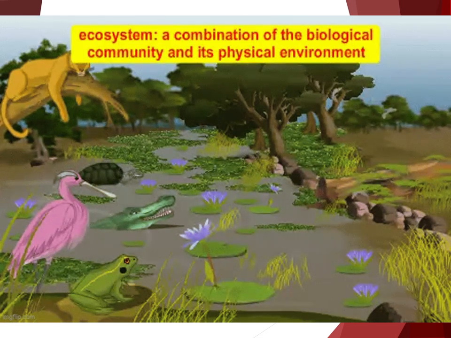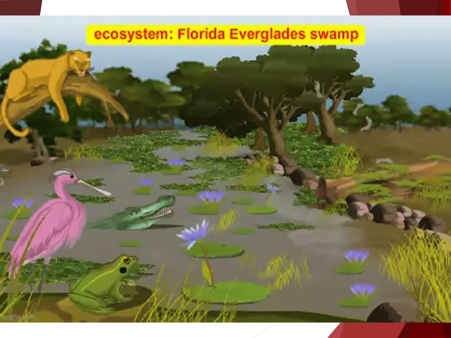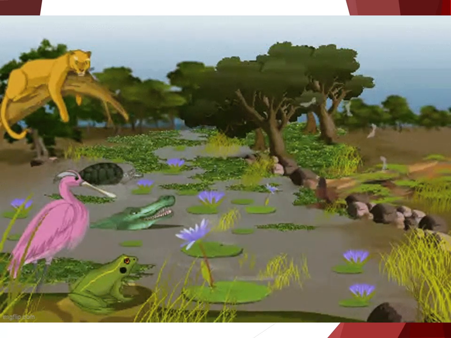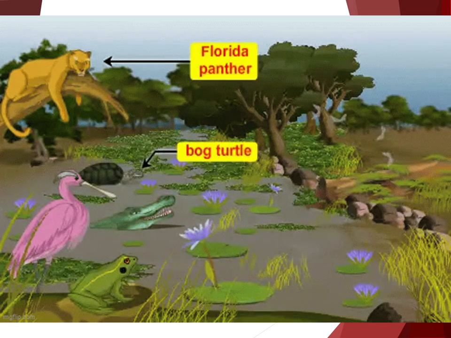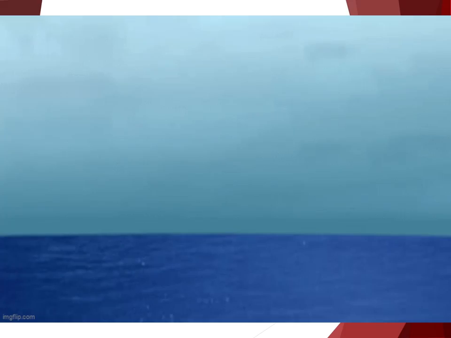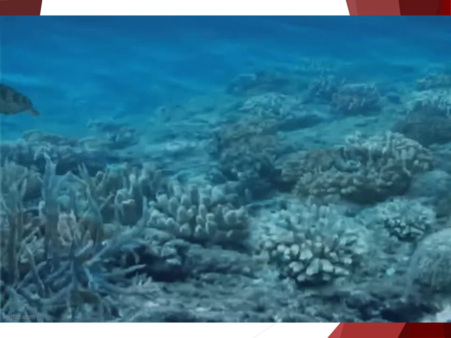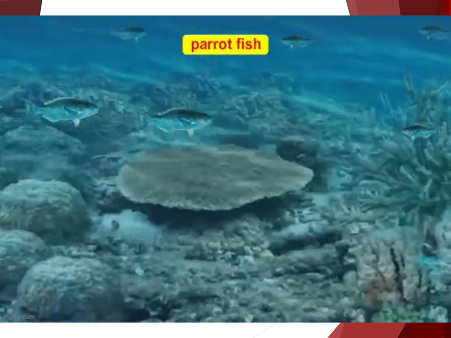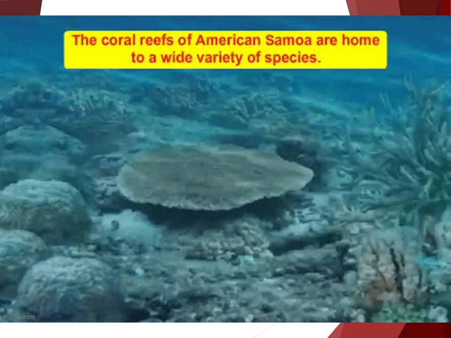Ecosystems have no fixed size. An ecosystem can be as small as a temporary puddle or as large as a lake or a forest. Different ecosystems contain different species, and some ecosystems have very few species, while others have many species. The number of species in an ecosystem is one way to measure its biodiversity. A healthy ecosystem has stable species diversity and is better able to recover after serious damage by a human action or a natural disaster.